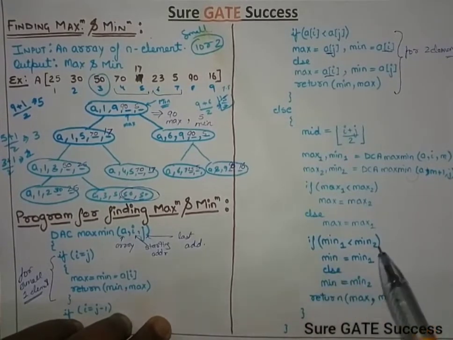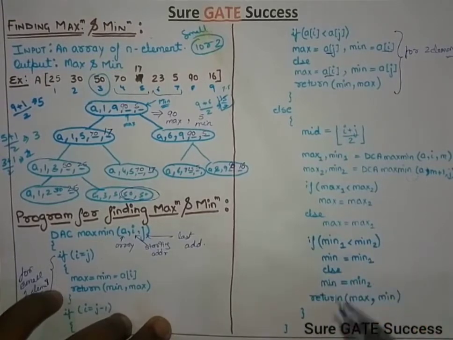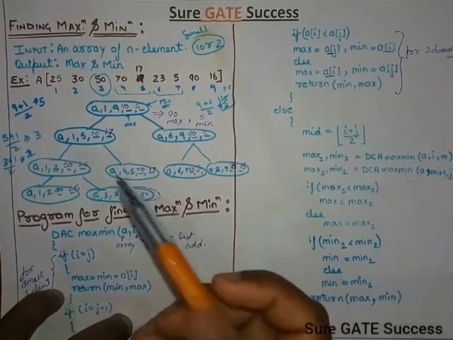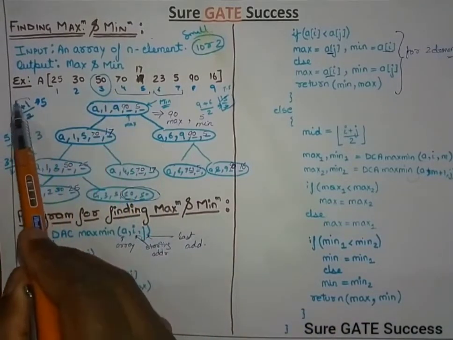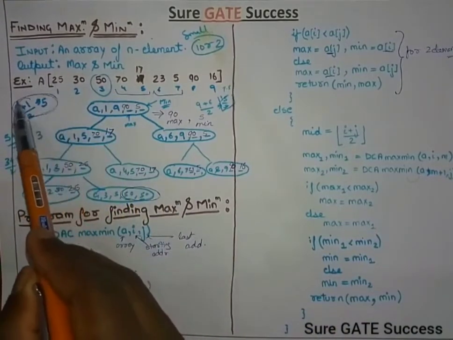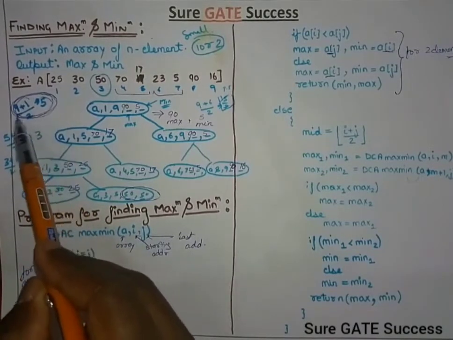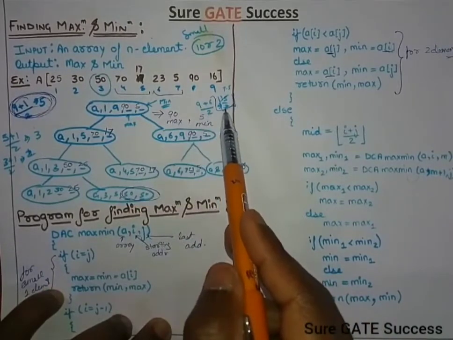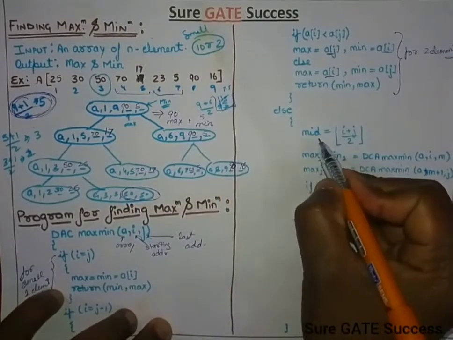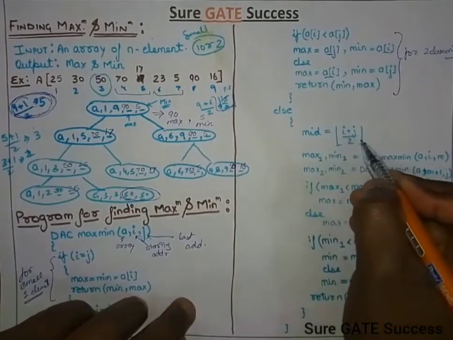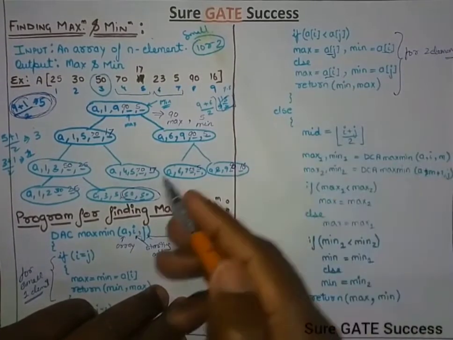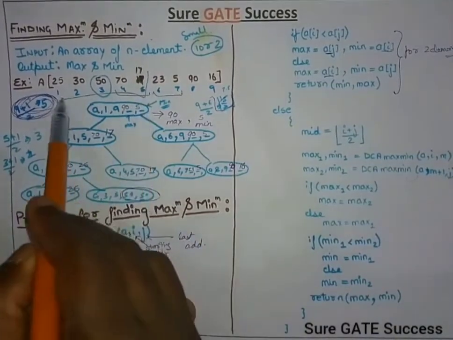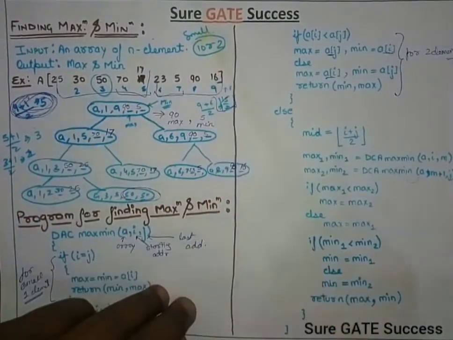So the main part is the else part, because it will affect the time complexity and the space complexity of the program if there are more than two elements. So how have we found the middle position? We have found the middle position by adding the two addresses, the last and the starting one, dividing by 2, and taking the ceiling here. So firstly find the midpoint. As we have done here, we found the midpoint as 5, so we have broken it down into two parts, 1 to 5 and 6 to 9.